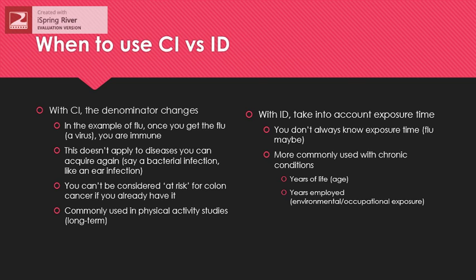So incidence density is easier to calculate with chronic conditions. And typically it's adjusted for things like age or years of life. So if we go back to colon cancer, someone who's 60 is more likely to have colon cancer than someone who's 30 simply because they've been alive longer. And those types of diseases develop over time. So you would want to adjust for age or years of life exposed